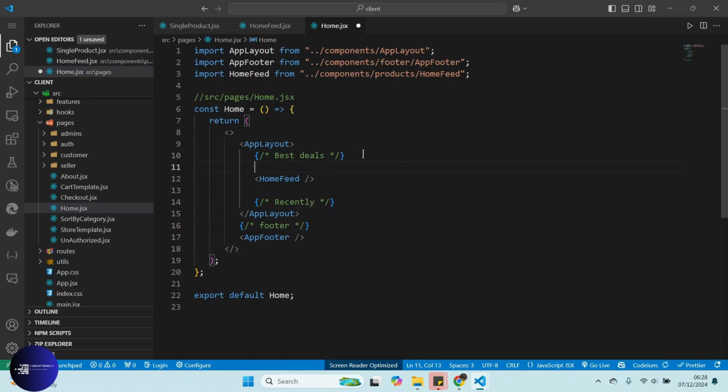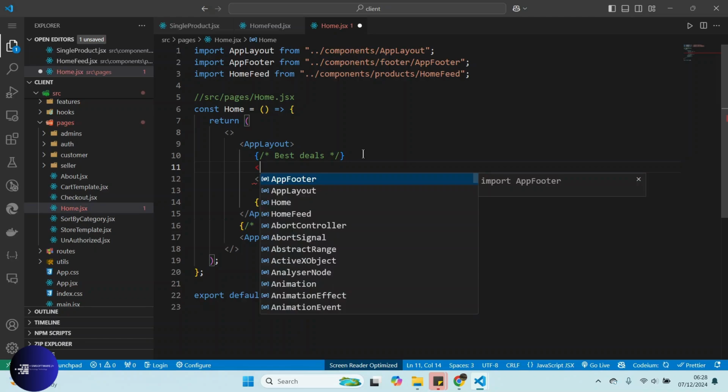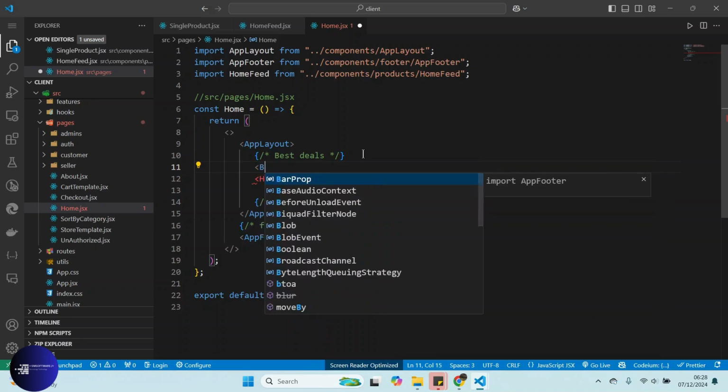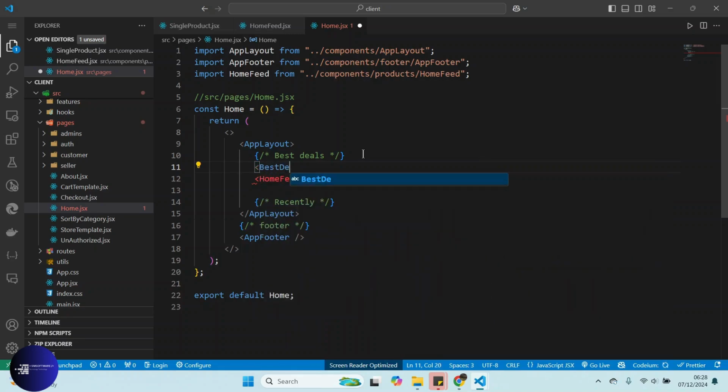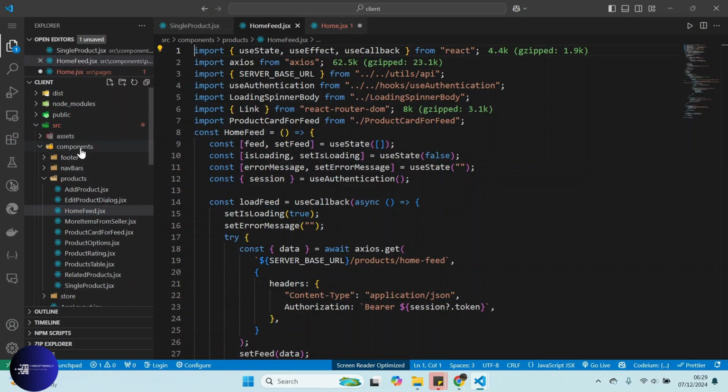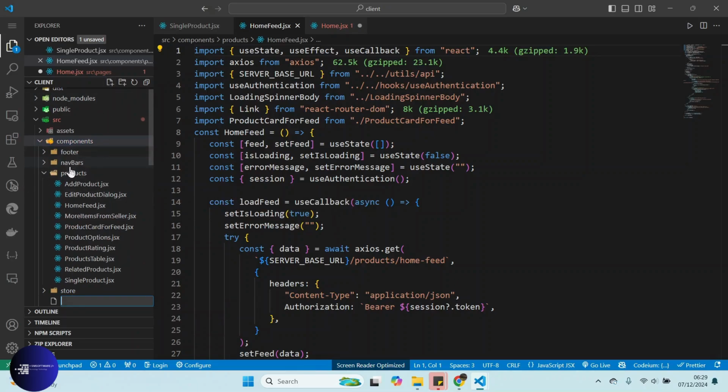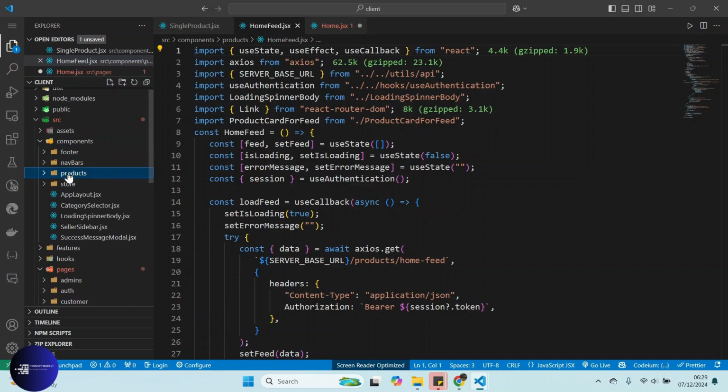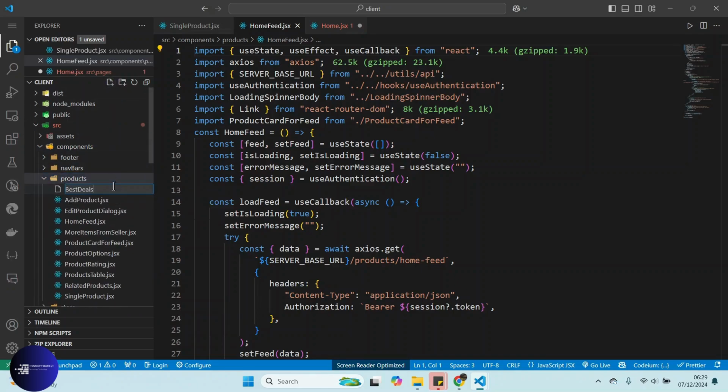So for now, we want to create a component here called best deals. So we don't have it. We need to create this component. You need to go to the components folder and then product, and create a component called best deals